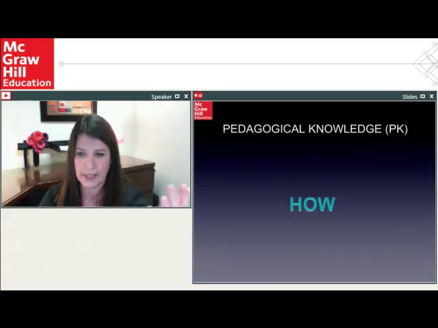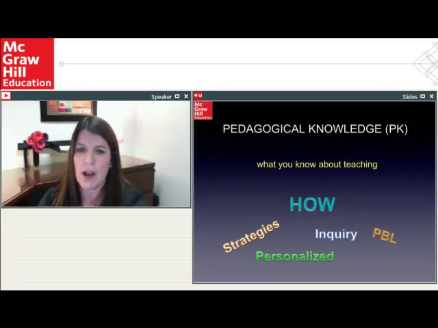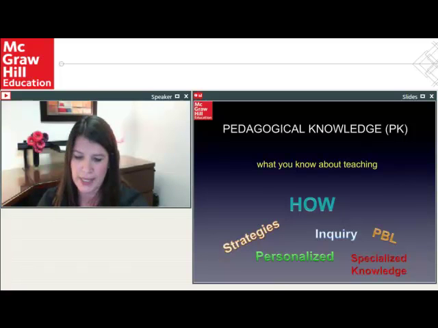The next part of the TPACK model is the pedagogical knowledge. So you have the content knowledge, and then you want to look at the pedagogical knowledge. This is the how. So how you teach. The things that you might decide to do about teaching, like, are you going to personalize that? Are you going to do a certain assessment strategy? Are you going to do a think, pair, share? Are you doing problem-based learning? This is the knowledge that you have, or the art and science of actually teaching. This is the knowledge that you're required to create effective instruction.